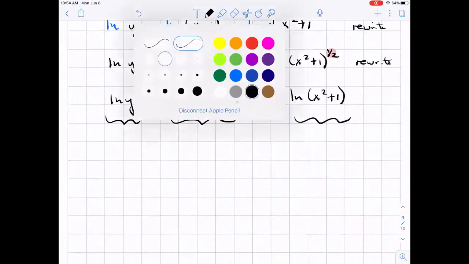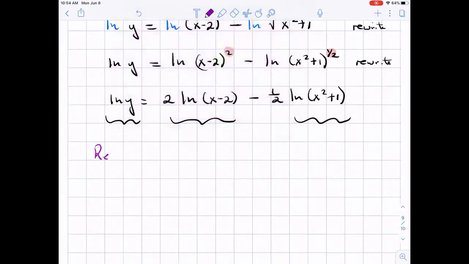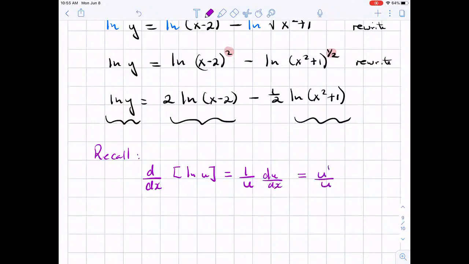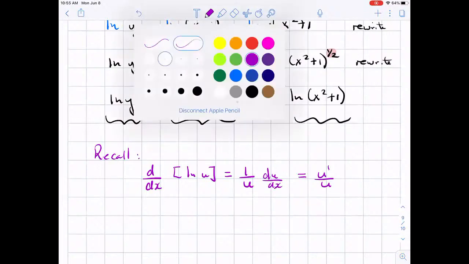So you may want to recall that d/dx of some function ln of u is equal to 1 over u times du/dx, which is really u prime over u, okay? So if we apply that